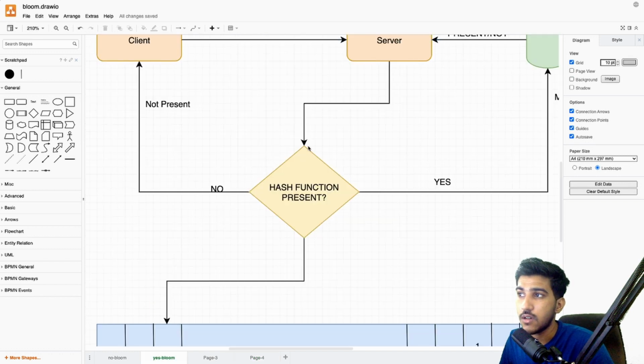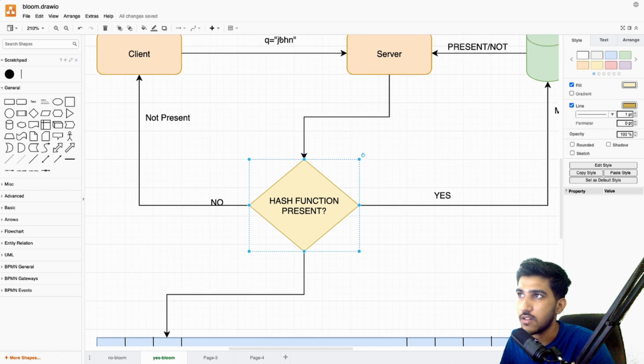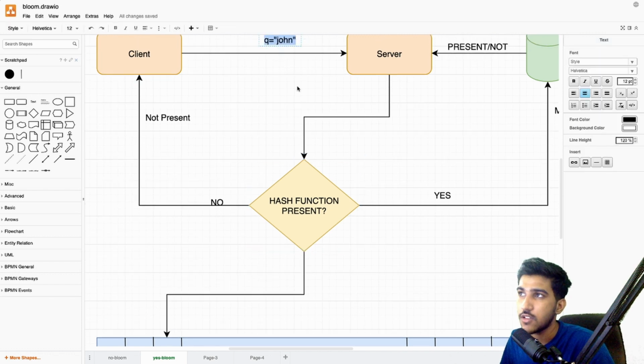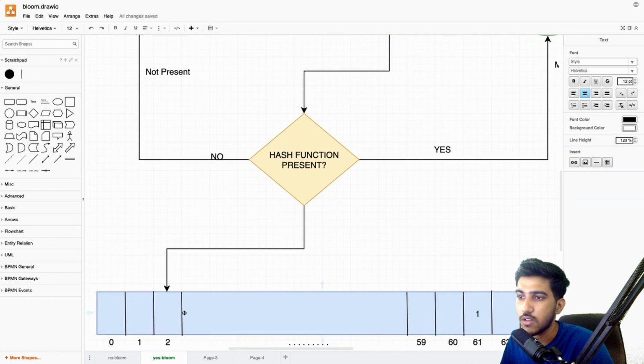So the server hits this hash function and sends in the string, let's say John in this case. So it sends John into the hash function and it checks the Bloom filter whether the index with the hash function value of John is present in this Bloom filter or not. So there are two cases here.